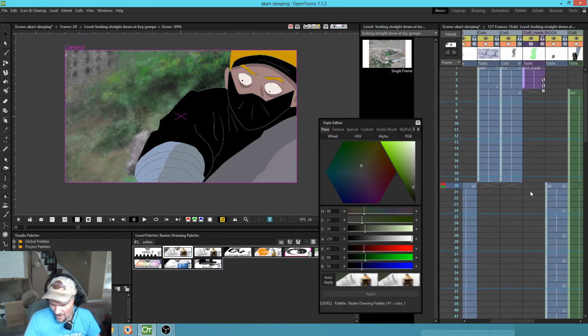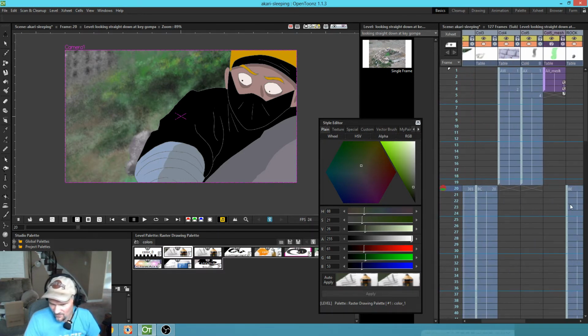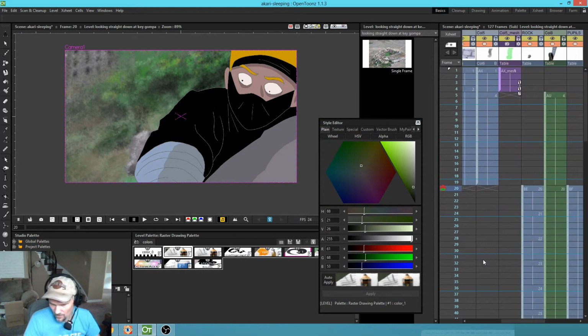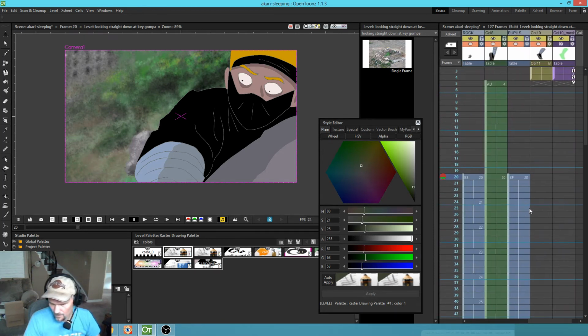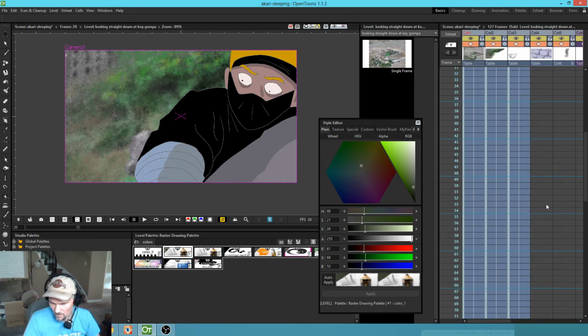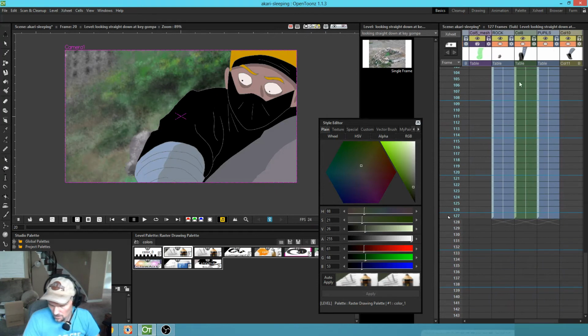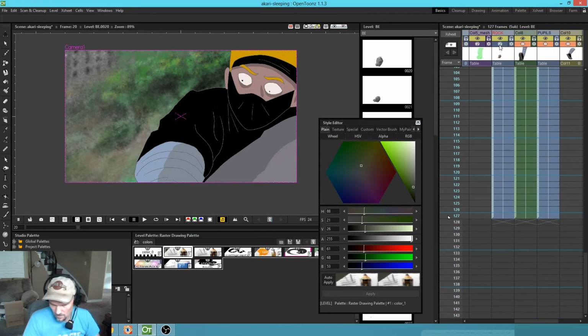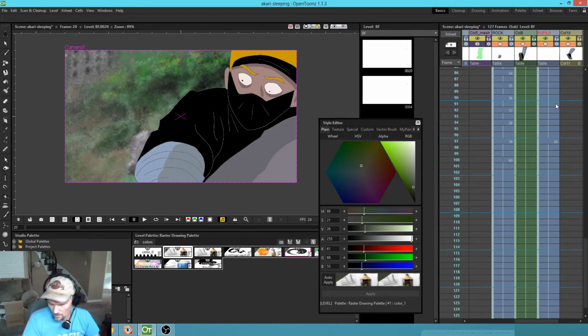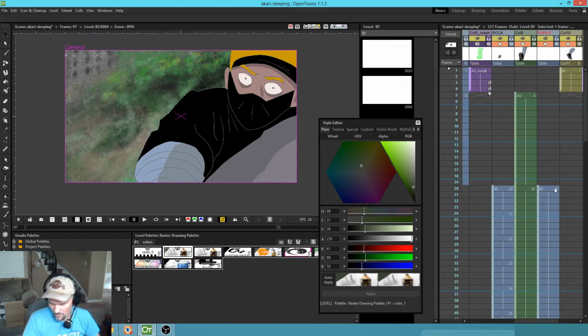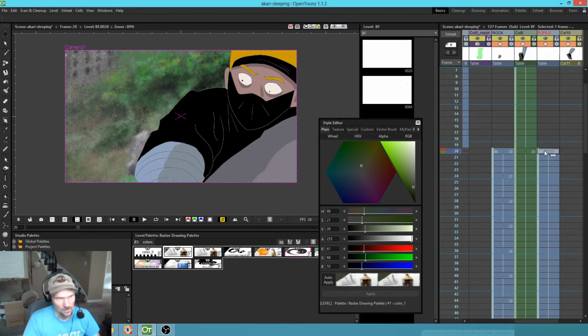So if we're going to do that, I believe this is kind of convenient because I already put the pupils on a separate level for this very reason. So which level is it here? That's the rock. I believe that's the... oh, that's the pupils. Okay. So there he's looking up, and I believe up here he's looking down. Okay, so